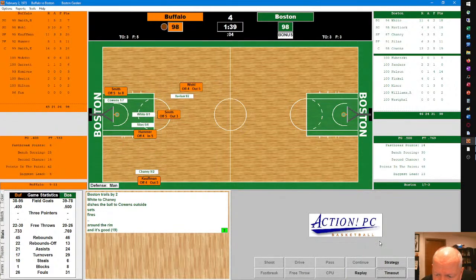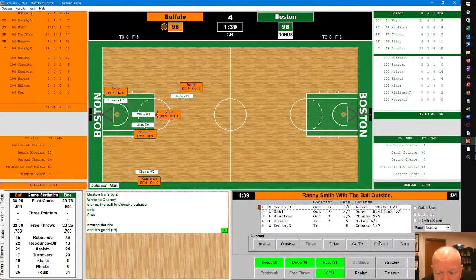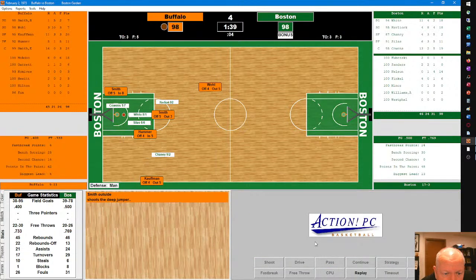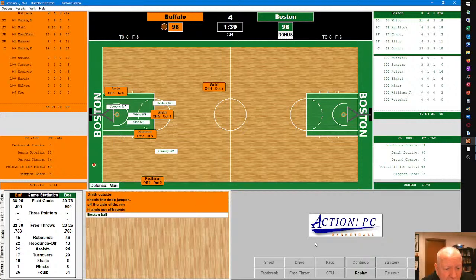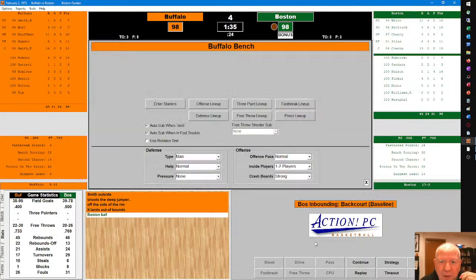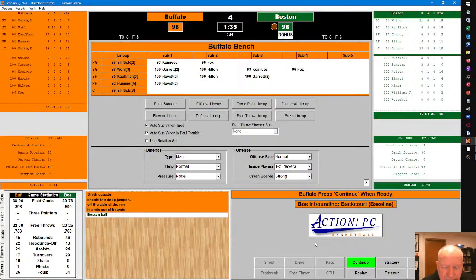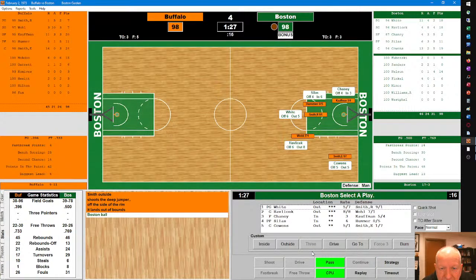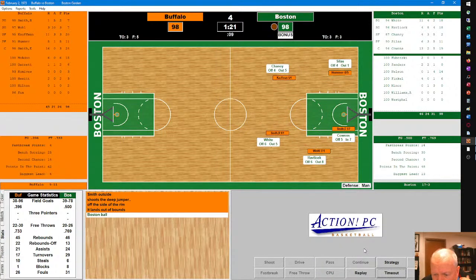14 on the shot clock. Randy Smith working on JoJo White. Shot clock running down. Smith is going to have to put one up in a hurry. And it's off target. Rebound is kicked away out of bounds. Boston basketball. 98-98. 1:27 to play as the Celtics set the offense.